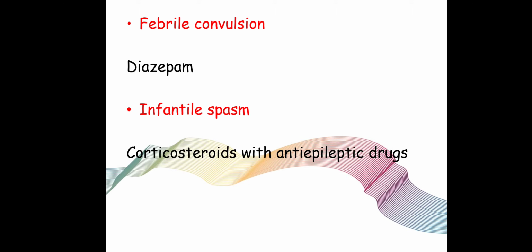Okay, now next are special conditions and the treatment of those conditions. Febrile convulsion we have discussed. With fever, the child will have convulsion. Usually it stops after the age of 5, but during that time you can give diazepam, which can be given rectally. Nowadays we also have nasal sprays of other newer benzodiazepines. Infantile spasm: antiepileptic drugs like valproate are used, but steroids are used along with them. It is very difficult to manage.